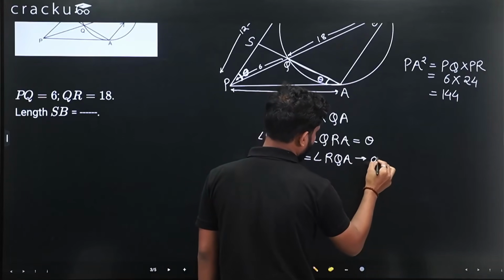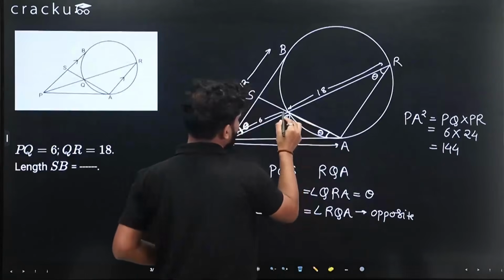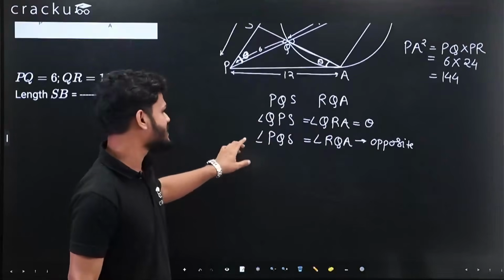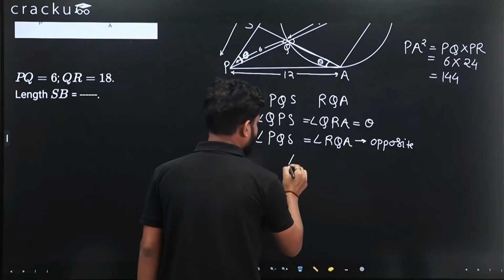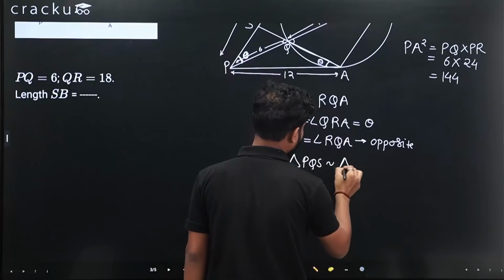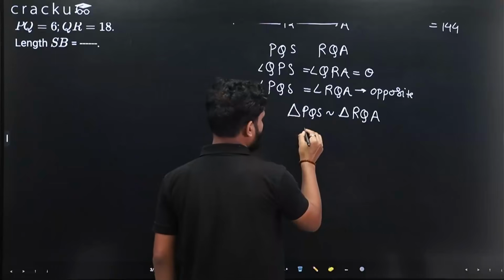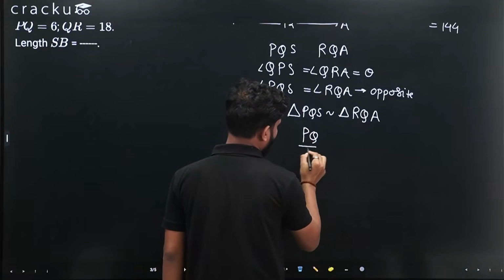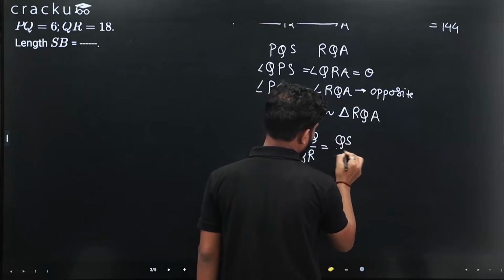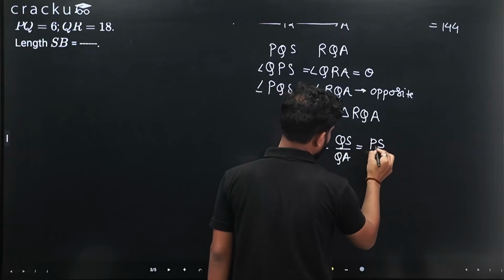Why? They are opposite angles. So by the angle test of similarity, I can say triangle PQS is similar to triangle RQA. So I can write the ratio PQ upon QR is equal to QS upon QA is equal to PS upon